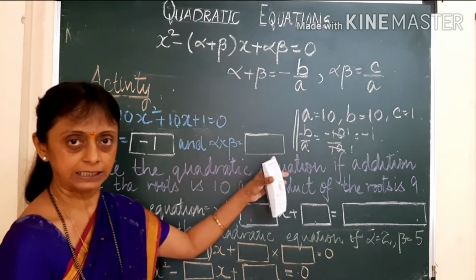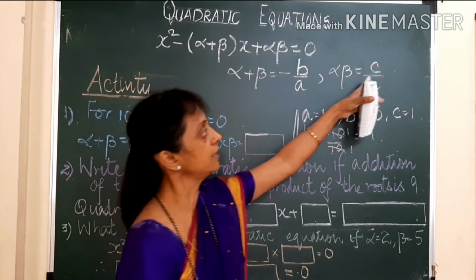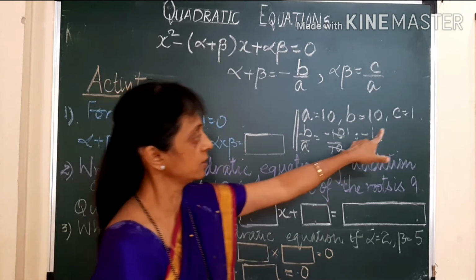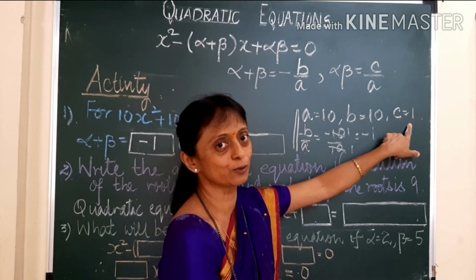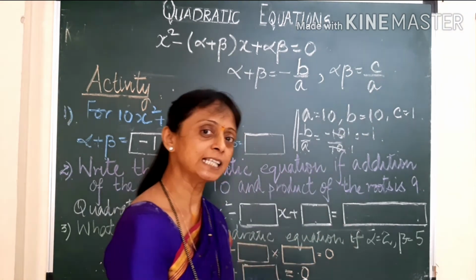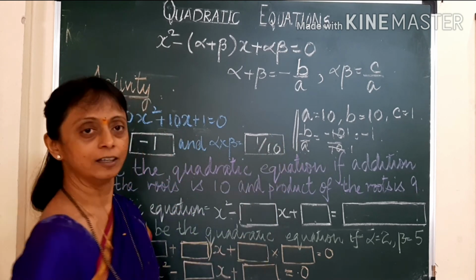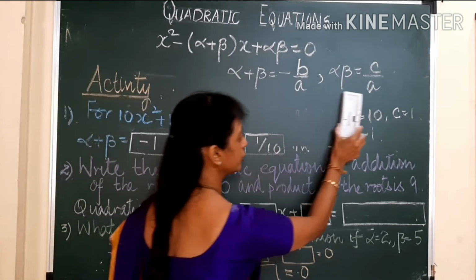Let's move on further to find the answer of alpha into beta. What is alpha into beta? C upon A. What is your C over here? C is equal to 1. And what is A over here? 10. So 1 upon 10 will be the answer. Right? Let's move on further, children,